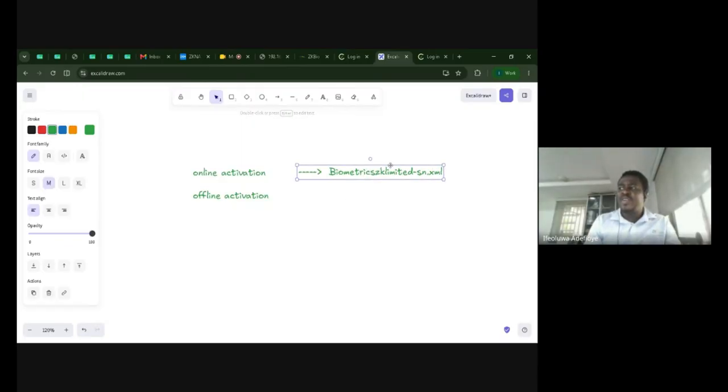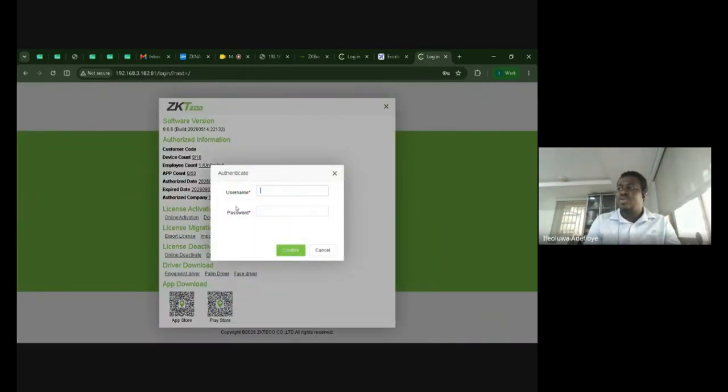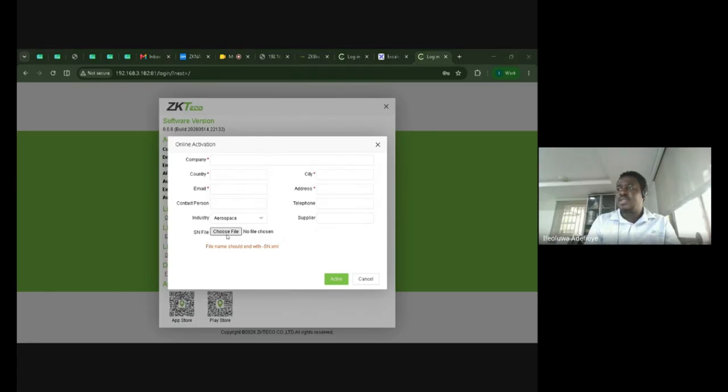So you have the file name like this, right? It has to end with SN. If the file doesn't end with SN, the license file will not work. So let me give you an example. Say I want to update this license. It will tell me to choose a file name that ends with